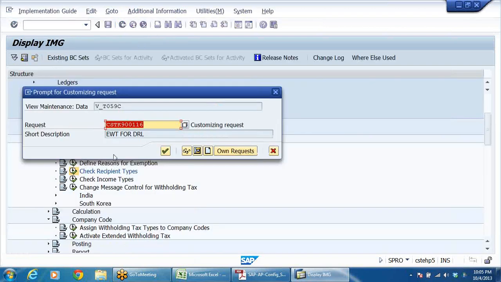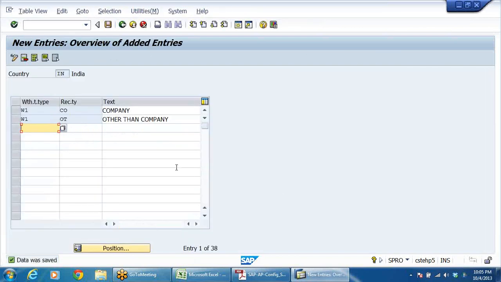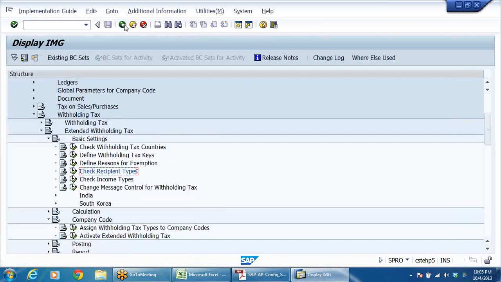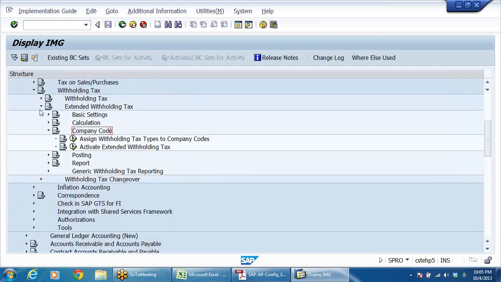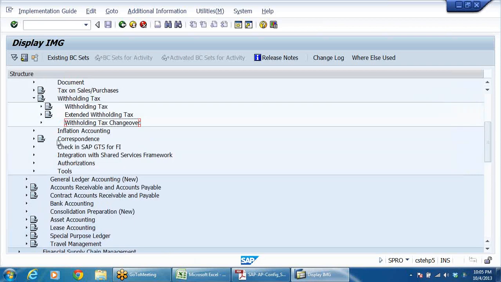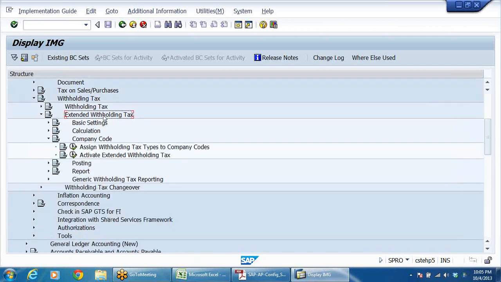For each type of tax you need to define like this. For each type of tax, both, because this W1 may be defined for company and other than company also. Extended withholding tax, company code. Assign withholding tax types to company code. Now whatever the type of tax that we are going to define, that should be assigned to